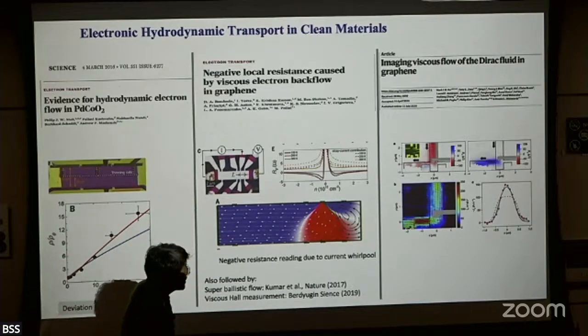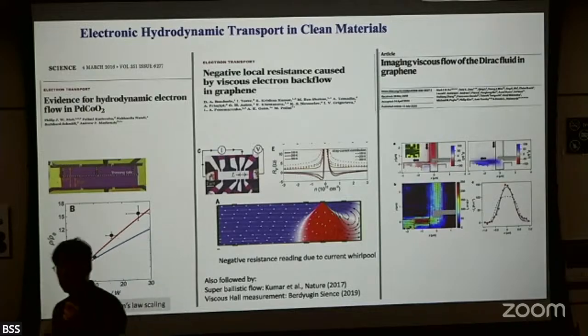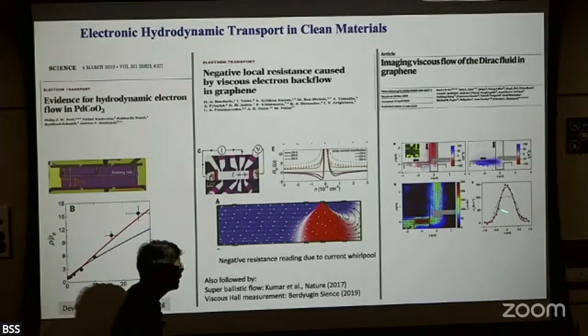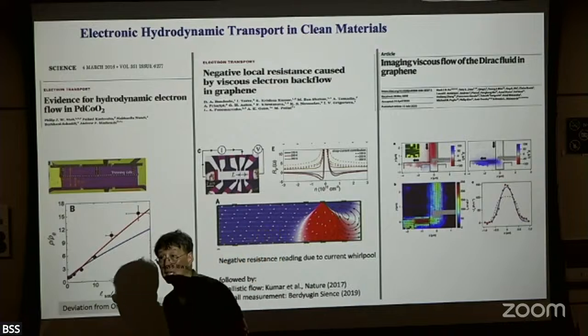And that's exactly what we expect to see when you flow a fluid through a pipeline, where the viscosity effect comes from the pipe wall. Those nice profiles are often called Poiseuille flow in fluid dynamics, and this is a really direct indication that the electron flow here is indeed described by hydrodynamics.